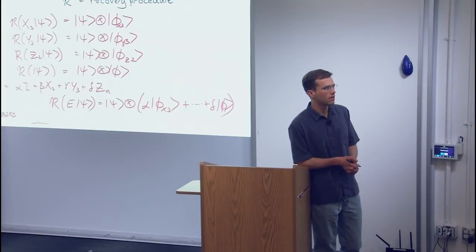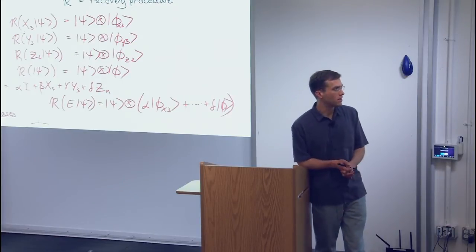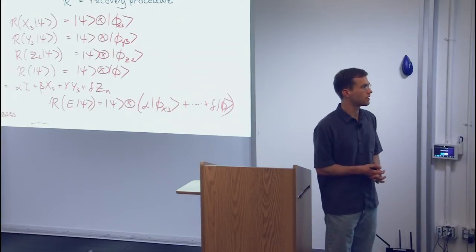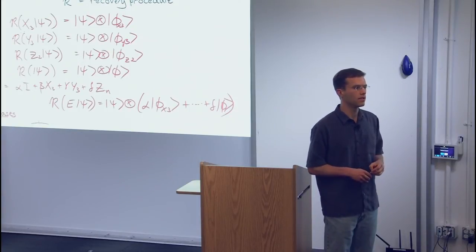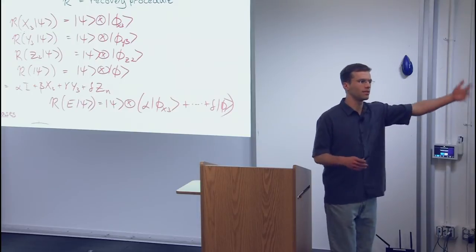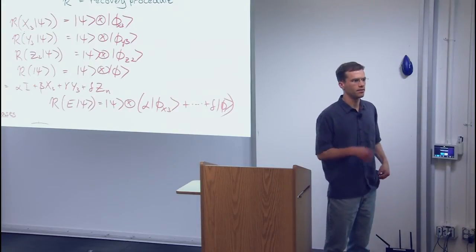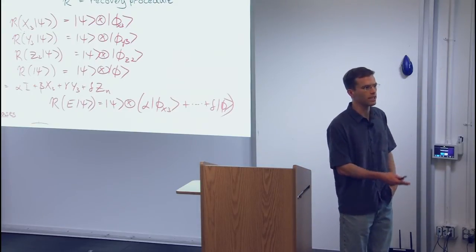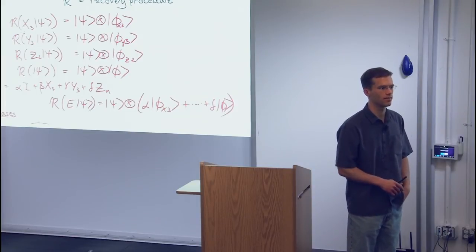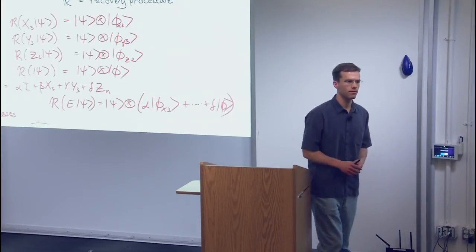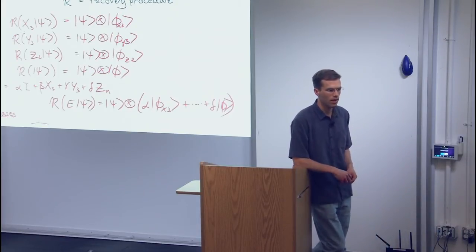Here I'm just talking about a recovery procedure that corrects against single X, Y, Z errors on a single qubit. But if you wanted to correct against multiple qubits, you could use the same logic, right? If you have some recovery procedure that corrects against two-qubit errors, by linearity there's the same sort of ordering in terms of the standard basis, where we prioritize things that act locally. Is that right? Is that how we're thinking about it?